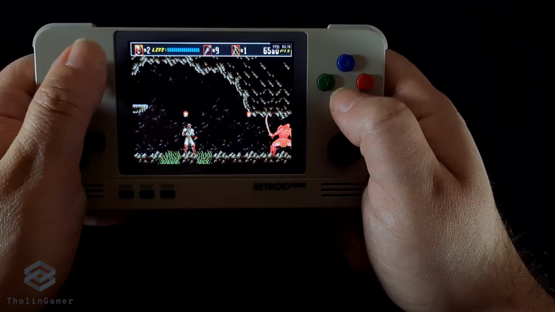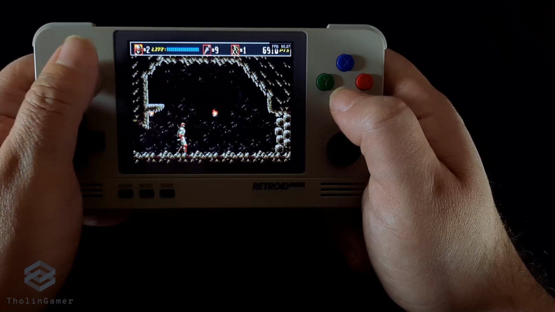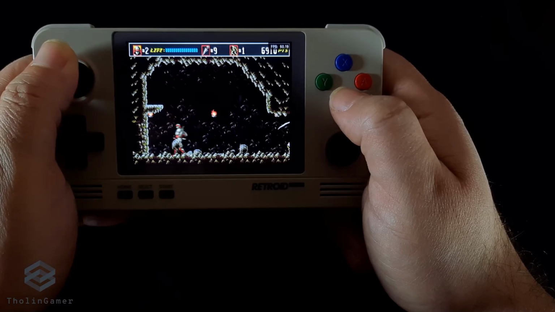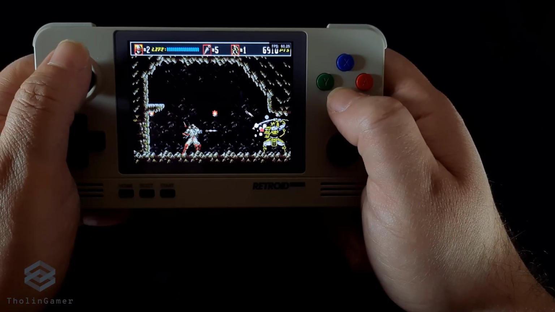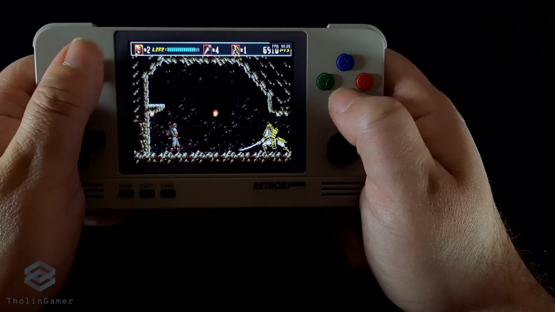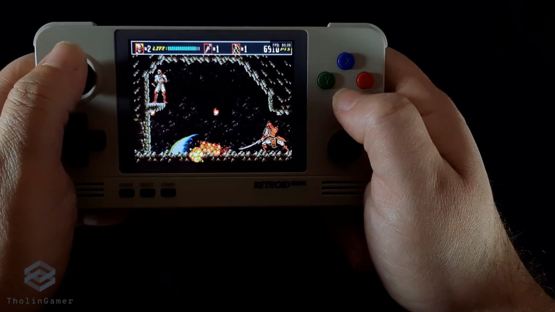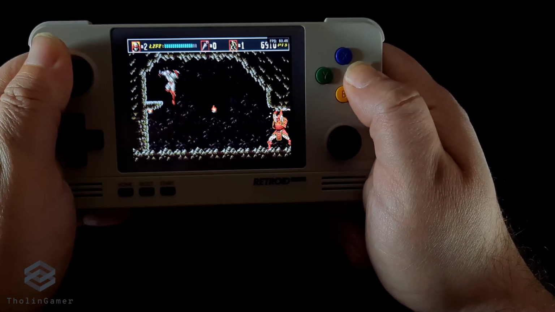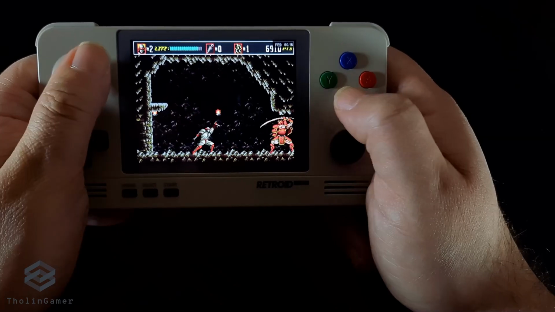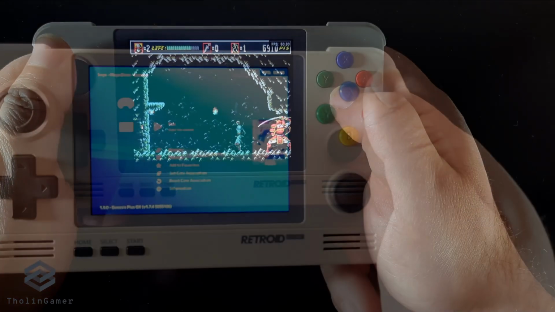So if you haven't tried the Shinobi game, I suggest you begin with the previous one, The Revenge of Shinobi, which is the first game in the series, and then move on to this one, which is more fast-paced and an improved sequel to the original. This is a true classic, especially for Sega fans and for Sega Mega Drive or Genesis fans, that you can enjoy to its fullest by using RetroArch on your Retroid Pocket 2.